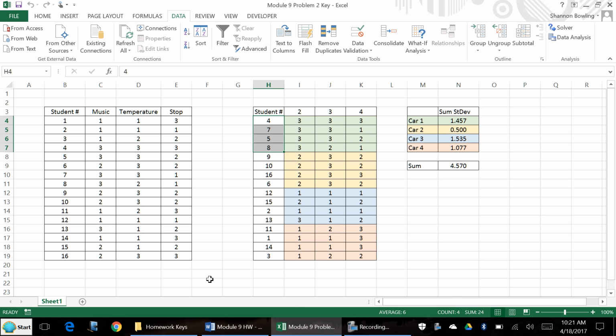These 4 people here, well, they all line up on music, pretty close on temperature, and on stopping, a little bit of variance. Here, they all line up on music, they all line up on temperature, and they pretty closely line up on stopping. And here, so looking at this, it looks pretty good. And it turns out that it's probably about the best you can do. So you may say, yeah, but you're putting a 3 with a 1. It's like, yeah. So, one of them likes to stop a little more, but they perfectly line up on the